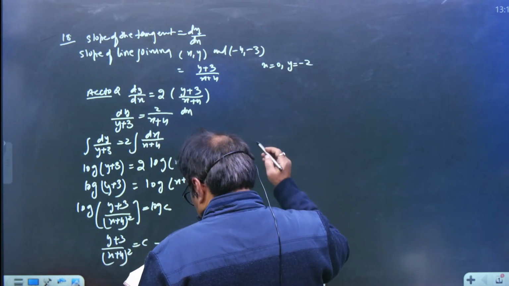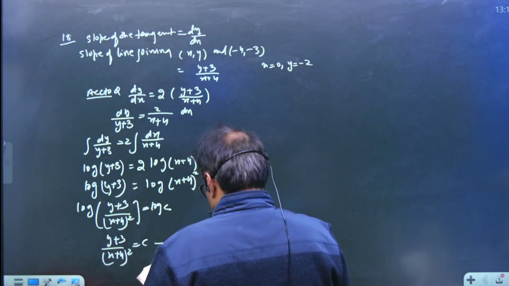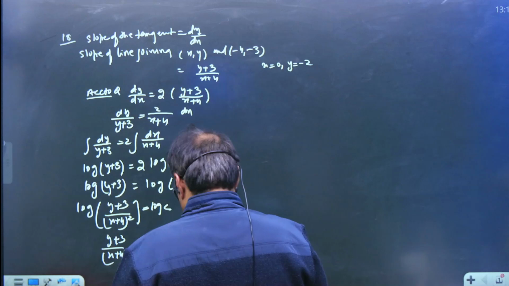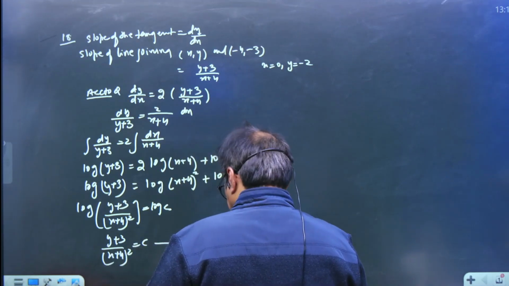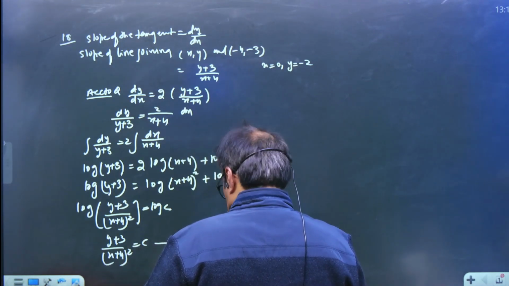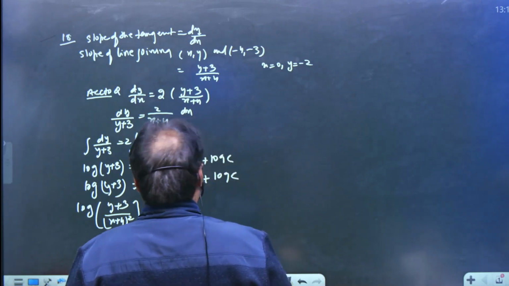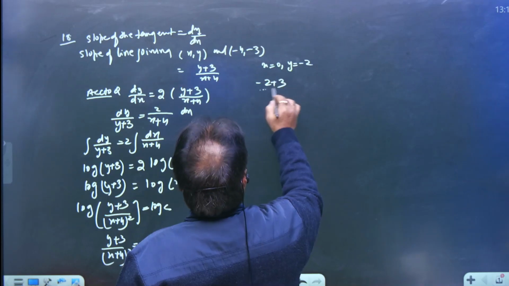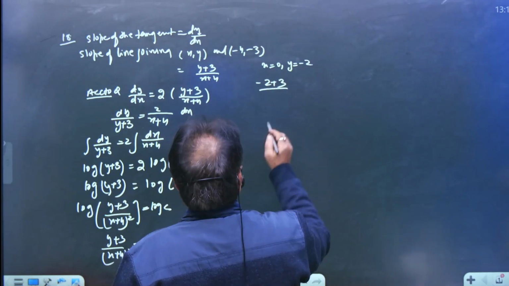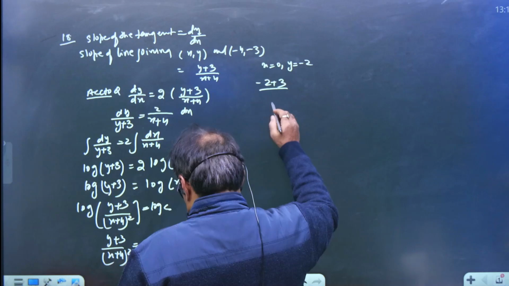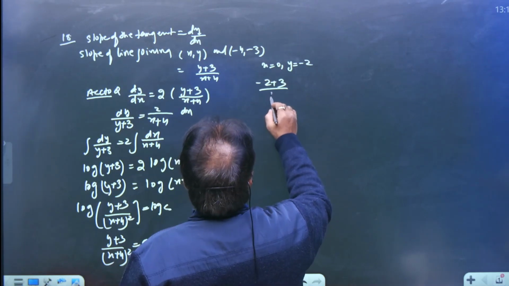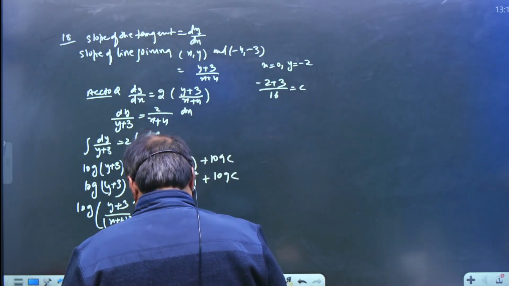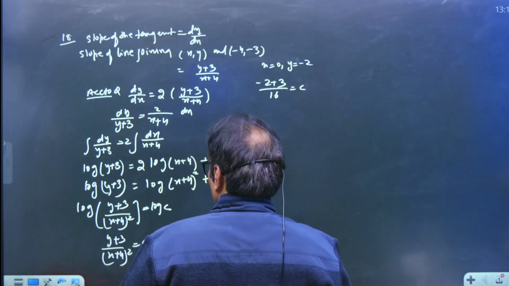So this will be equal to the value of y is -2. So (-2 plus 3) upon (x is 0, 4 square). So 4 square means 16. That is equal to c. So the value of c, 4 square,